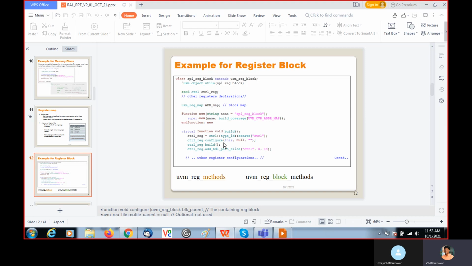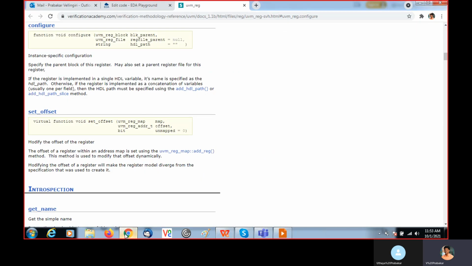Control reg dot configure. So this represents this class. This is one argument we are passing here. Then the uvm_reg_file. The reg file is assigned as null by default, so if you want, you can pass it. Otherwise, if you just pass the handle, it is null.